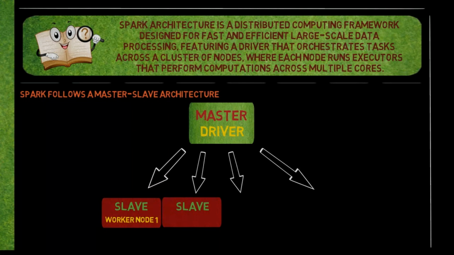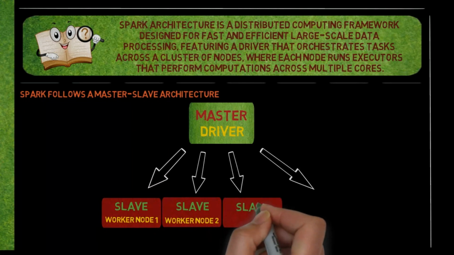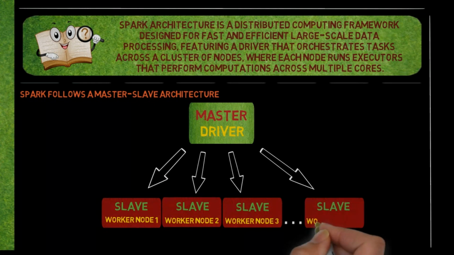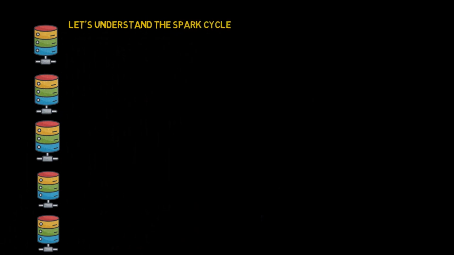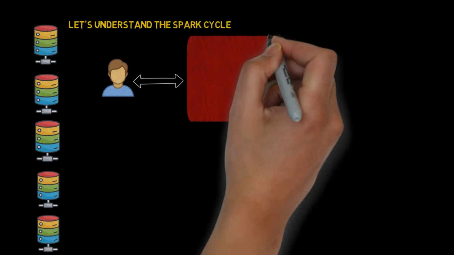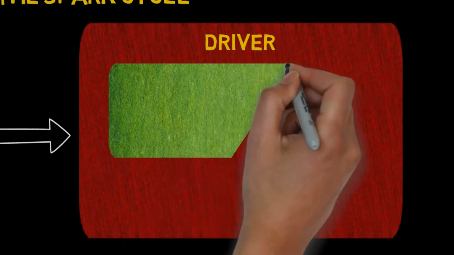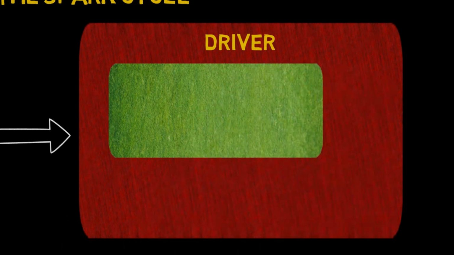Each worker node runs one or more executors, which are processes responsible for running individual tasks and managing data storage in memory or disk. Let's understand the Spark cycle. Upon the user submitting an application, the driver initiates a Spark session. The DAG, directed acyclic graph, creates a logical plan for all the operations, allowing Spark to optimize and schedule the